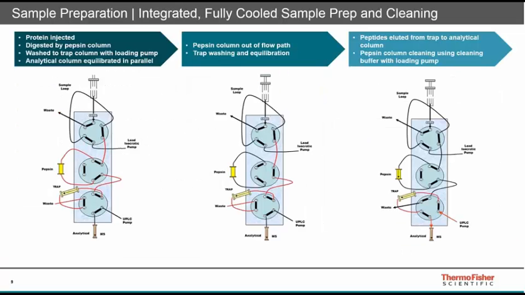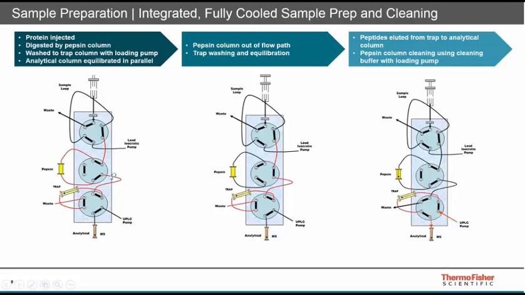Now let's have a look at what's happening inside the cooling chamber that has the flexible 3-valve setup. And let's start here with the configuration on the left side. So first of all, we need to inject the protein sample that's loaded into the sample loop, and then run via the pepsin column to perform an inline digest while it's flowing through. So at the end of the pepsin column, the protein is chopped up into peptides, and